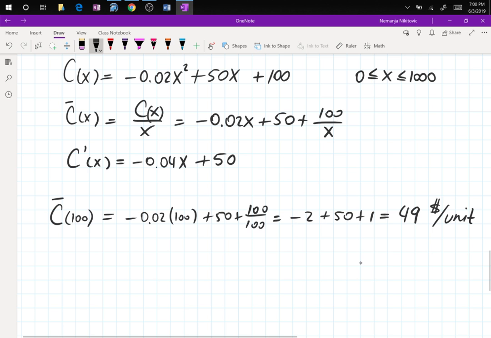On average, it costs me $49 to produce each unit of whatever I'm making. Let's say I'm making these markers. Each one of these markers is going to cost $49 on average to produce for the first 100. This is a good number to know, because if this is all you're going to produce, you want to set your price